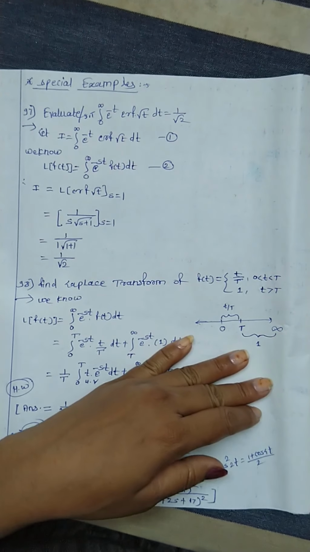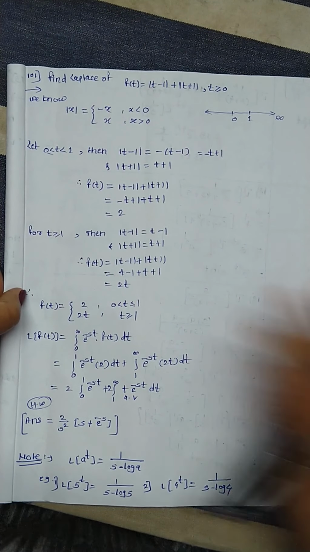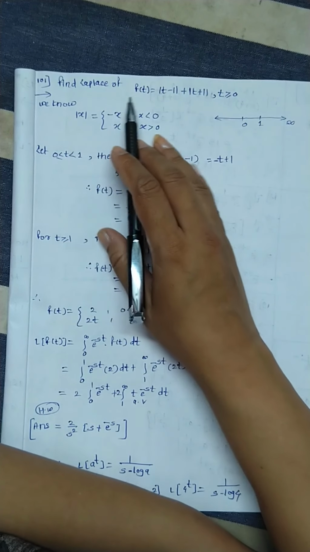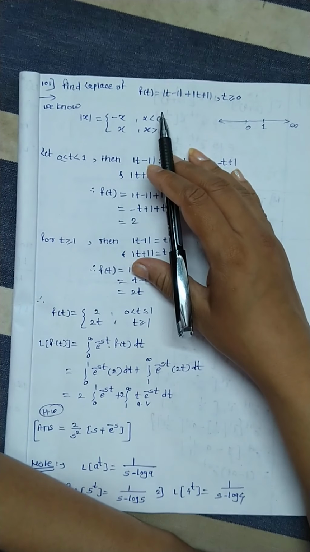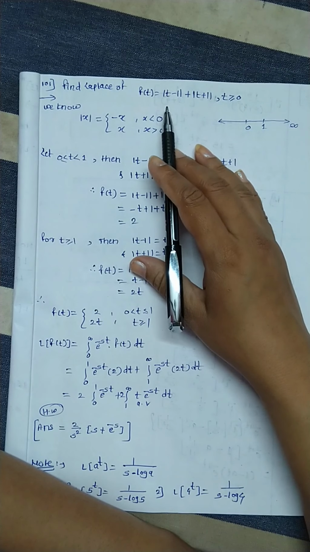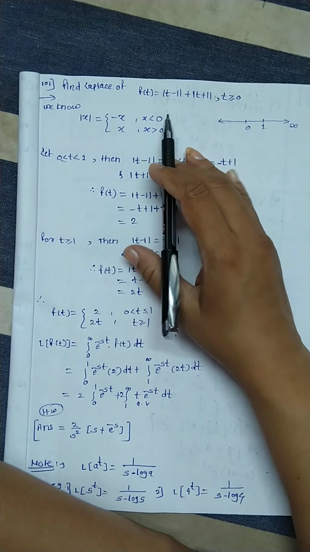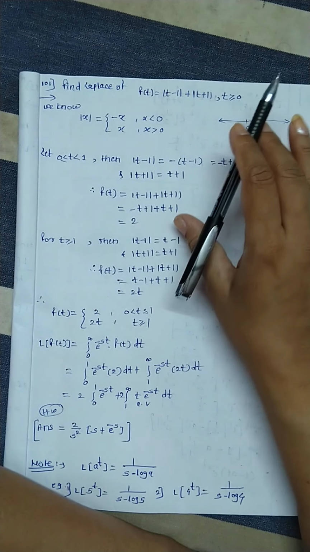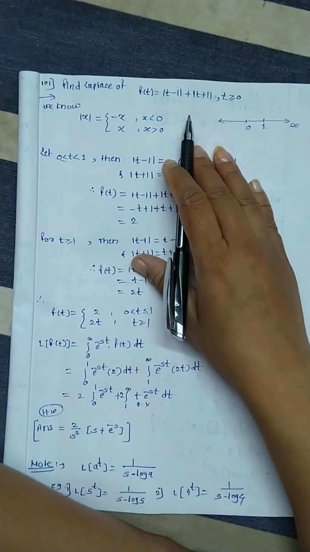Okay, now consider the last example of this chapter. Example 101: find the Laplace transform of f of t. F of t is given in modulus or magnitude, in short we call it mod, this bar as mod. Okay, what is the mod value? Mod 2 value is 2. For example, mod 2 is 2 and mod of minus 2 is also 2, because we neglect the minus sign inside the mod sign.